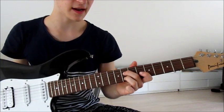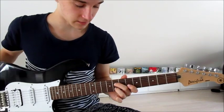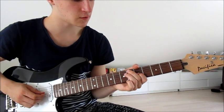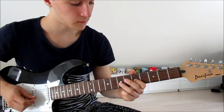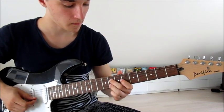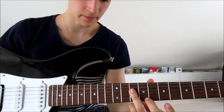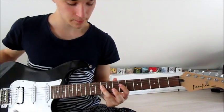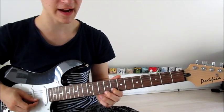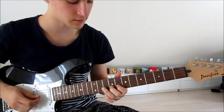Now 2nd finger onto the 8th on the 4th string, and 3rd finger on the 8th on the 2nd string. Pick 4th and 2nd. So far we've got, now we put our 3rd finger over the 3rd and 4th string on the 10th, pick the 3rd, 4th, first finger on the 8th on the 2nd string, 2nd finger onto the 9th on the 2nd string. So